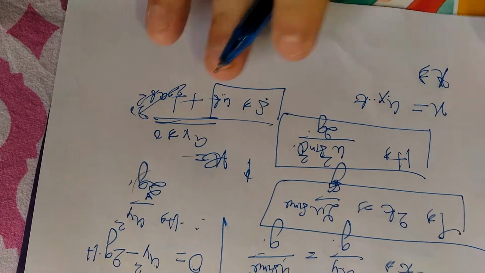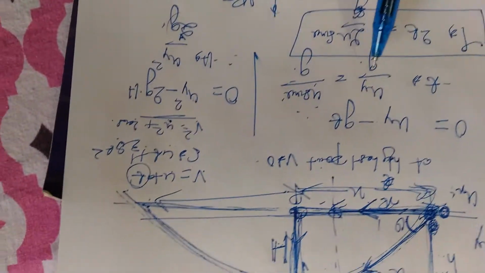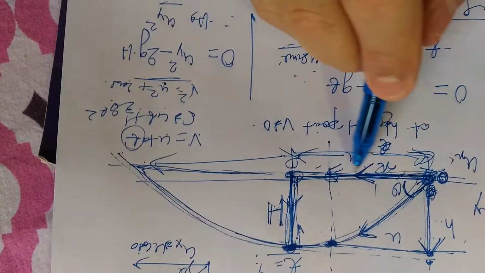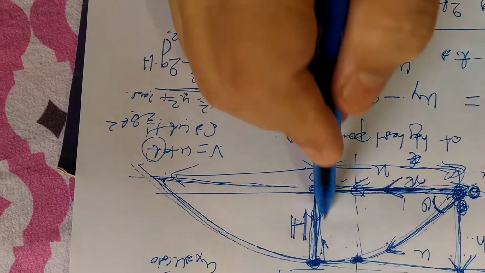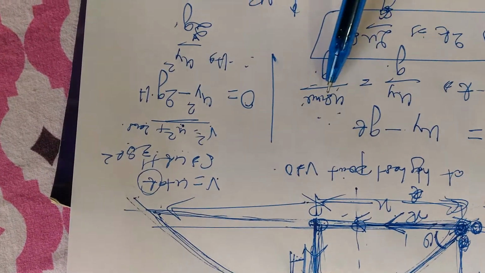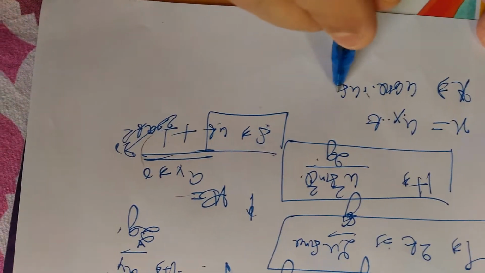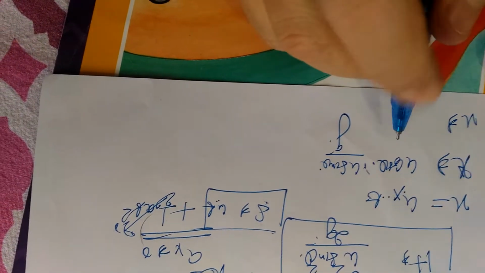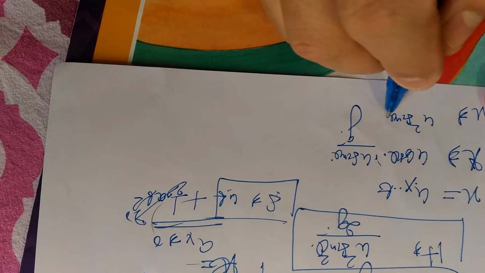So x is equal to ux, how much? ux is u cos theta. So u cos theta into time t, that we have already found out. This is the time t, or you can say in vertical motion this is the time t. So t here is u sin theta by g. So into u sin theta by g, or x is equal to u square sin theta into cos theta by g. So x is this half distance.